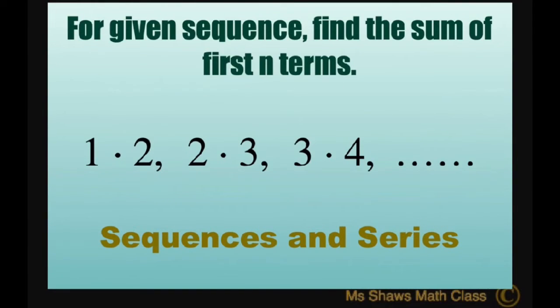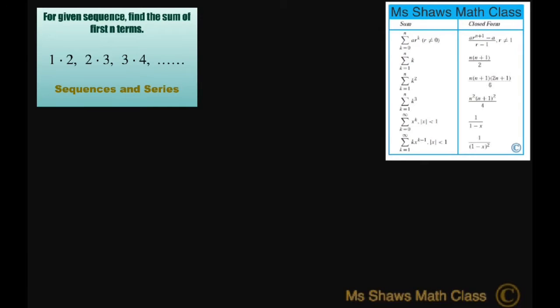For the given sequence, we're going to find the sum of the first n terms. We have 1 times 2, comma, 2 times 3, comma, 3 times 4. So the next one would be 4 times 5, and so forth. So let's look and see what we have. We have 1 times 2, 2 times 3, comma, and 3 times 4, comma, and then dots here,